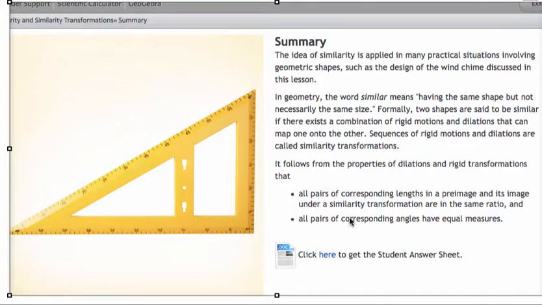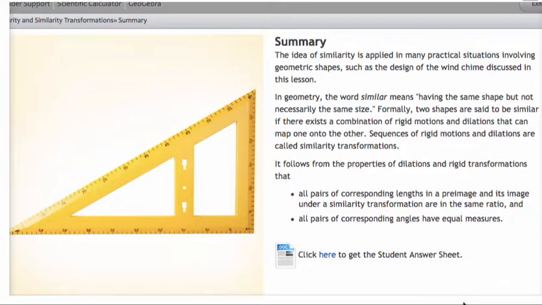I want to look at the lesson on similarity and similarity transformations, and I want to start with the summary. It's always a good idea when you take notes to include the information that's on the summary. The idea of similarity is applied to many practical situations involving geometric shapes, such as the design of wind chimes discussed